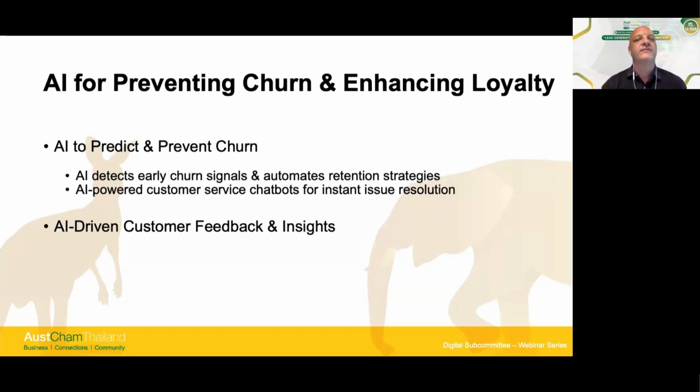We can use AI-driven customer feedback and insights. We could use AI to process the data from surveys, if you send out a customer feedback survey, and also for social media intent. AI can help us predict and prevent customer churn by analyzing behavioral signals. For example, AI identifies at-risk customers by tracking engagement. AI-powered chatbots can proactively check in with disengaged customers. And then we can use AI to personalize win-back campaigns to re-engage users.